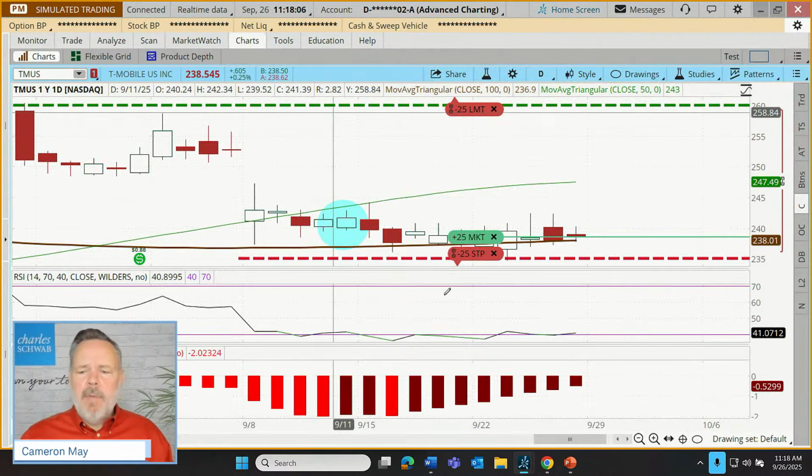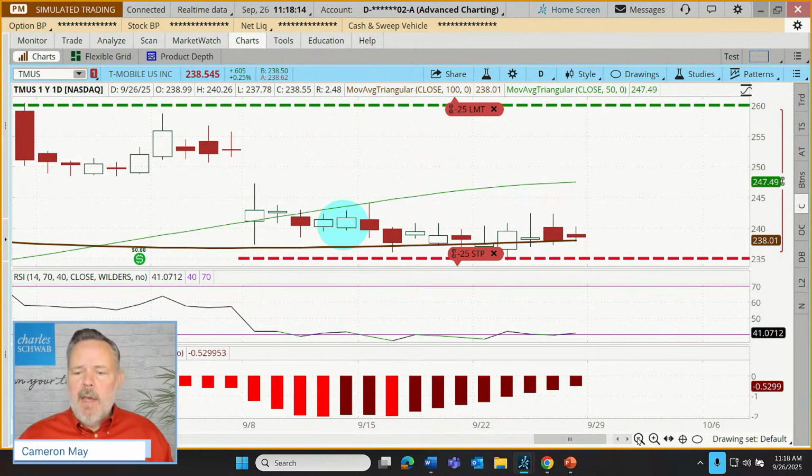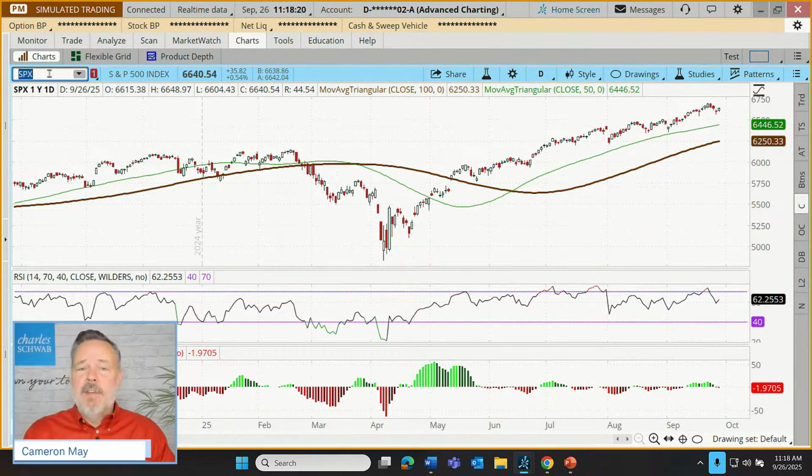But with that accomplished, let's go have a look at this. Bought at 238.56. Okay. So now let's go have a look at what's going on with the markets and start to plan and place a new trade. Now, each week we use this same trend, value, momentum study set as a general gauge of what the markets are up to. It's not to say this is the way that every trader should do it. I just like to introduce at least some element of continuity from one webcast to the next, rather than just hitting you with something new every single time. So this is sort of our anchor point.